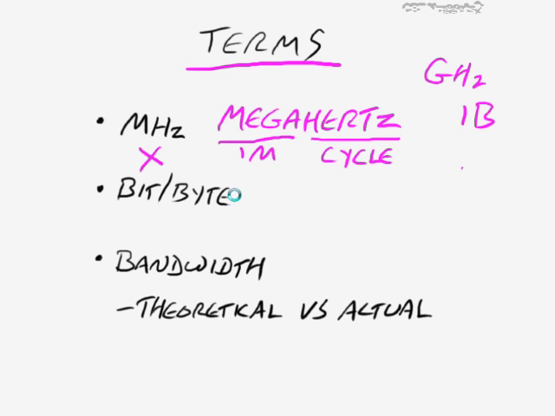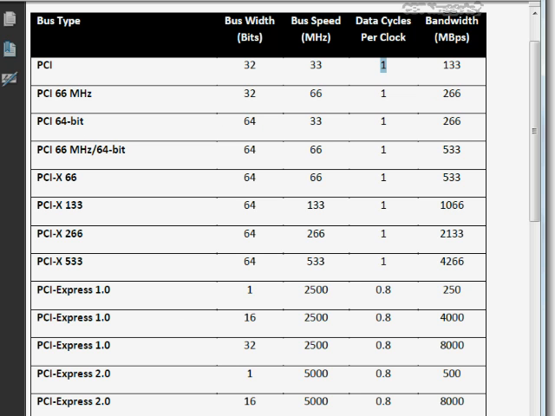Okay, so by way of example, let me just go ahead and show you how this might all look. I have a PDF document here, which I'm making available for you up on www.nuggetlab.com. You can download this as a reference point. We're going to use this to work through our math and calculate something. For example, if I want to know the throughput, or the bandwidth, of a PCI, which by the way stands for Peripheral Component Interface, it's one of the interfaces that you can use for expansion slots.